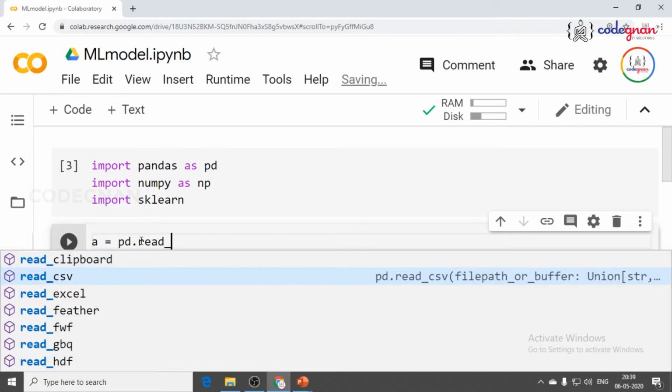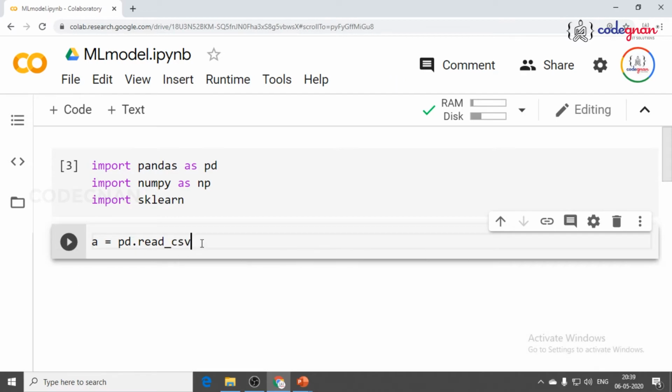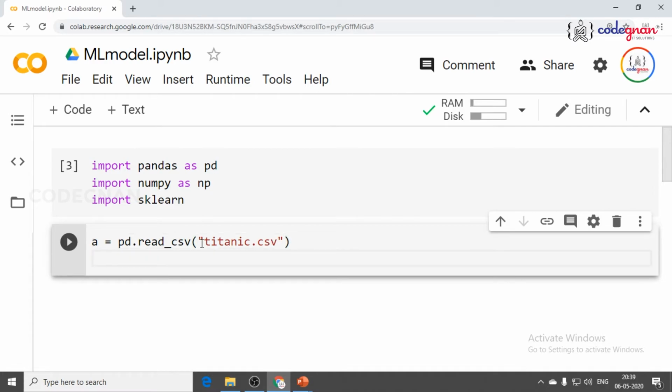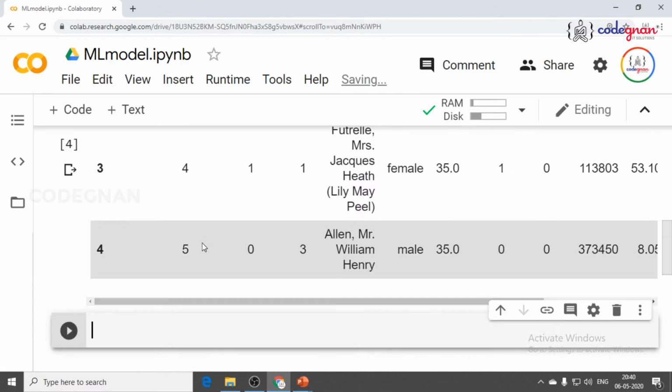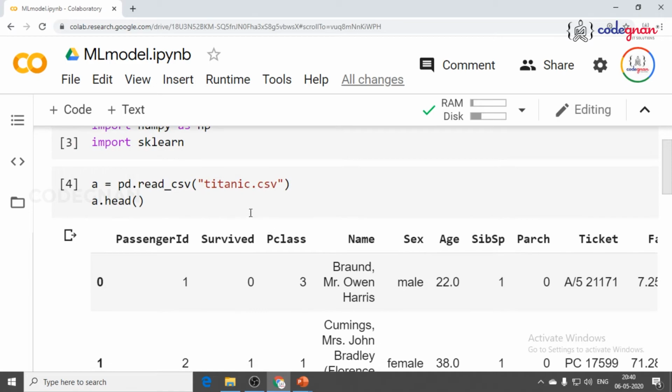See, pandas we will be able to read the data set from multiple format. That is the reason pandas is the analytical tool with the help of Python programming. So I go for read underscore csv, because that's my csv file. What is the file name? Titanic.csv, right? So that is my file name, and if I want to see the content out of my file, I can give a dot head, any variable name. So head will give you the top values. I can see my top 5 values.